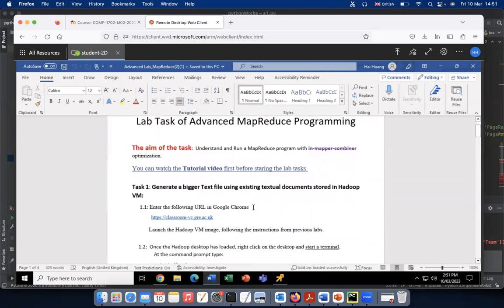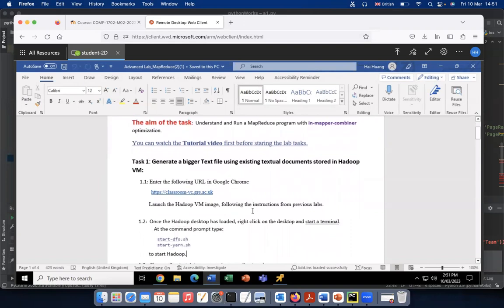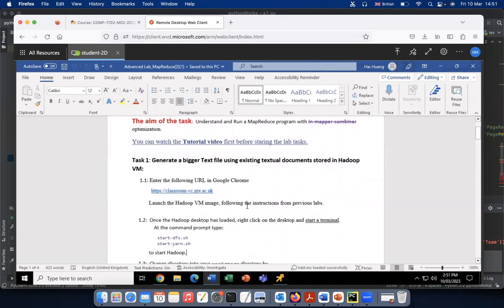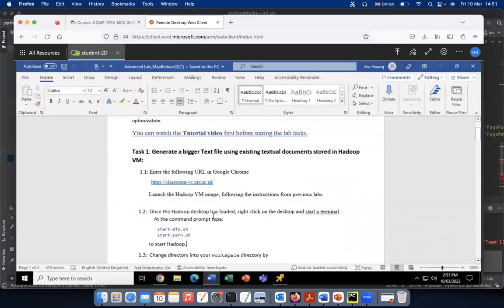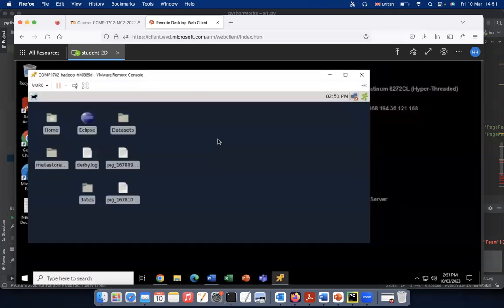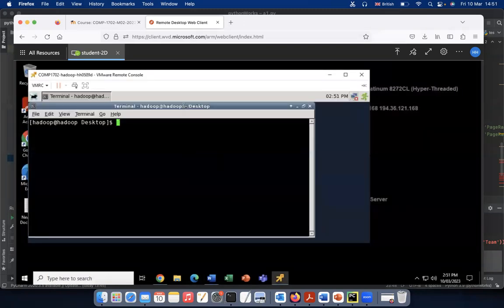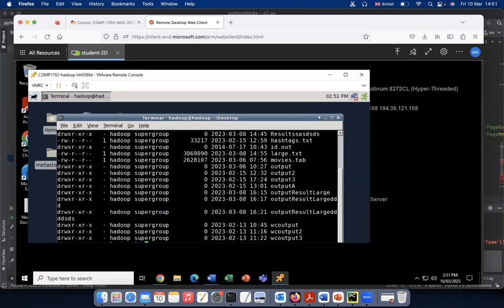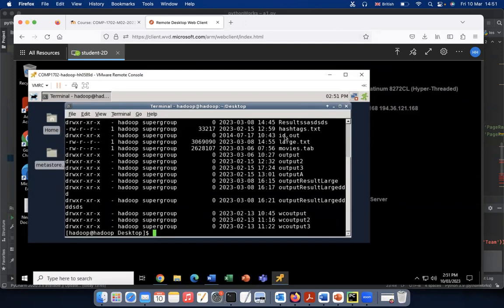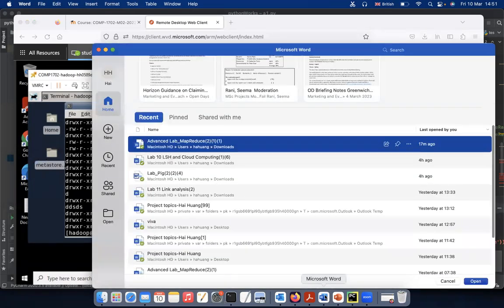Okay, let's get started. First, I'm assuming that you have access to the Hadoop virtual machine. You have to make sure that Hadoop is working well. If you don't know, you can use a Hadoop command to test, like this command, to see whether it's working. Okay, you can see a lot of things, right? That means the files on the machine, so it's working well. Okay, so next step,